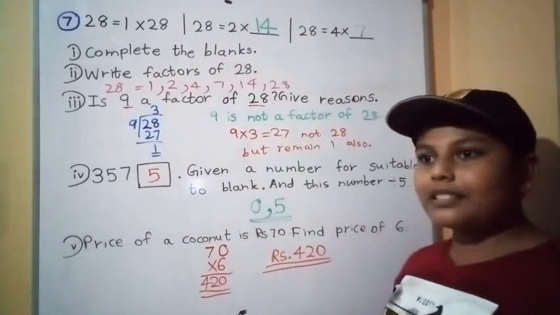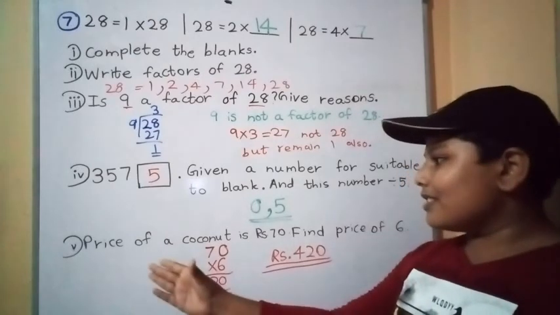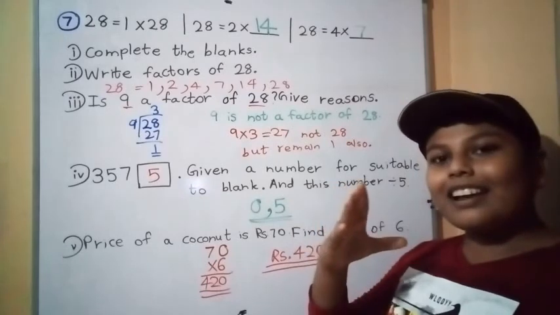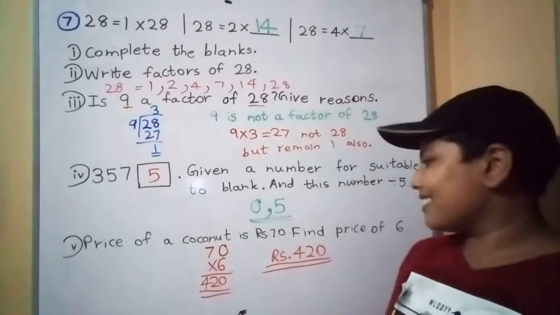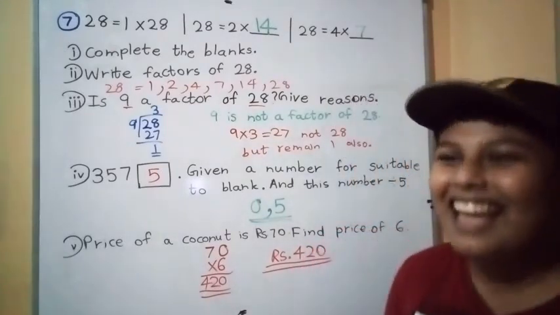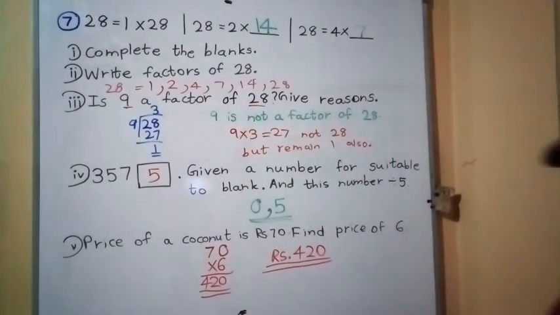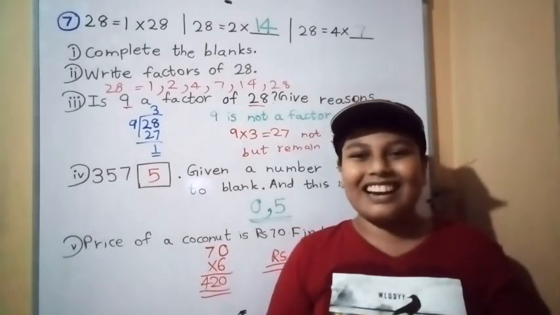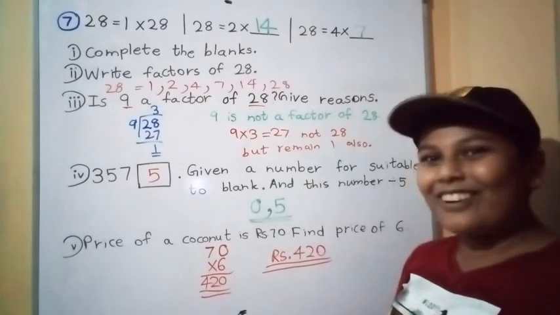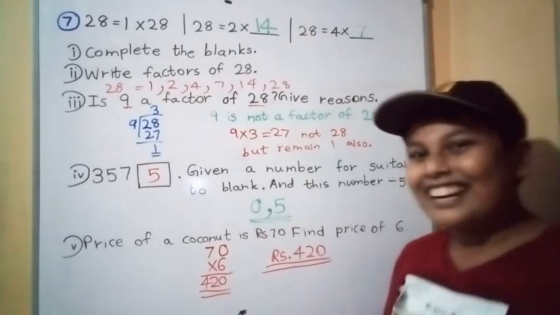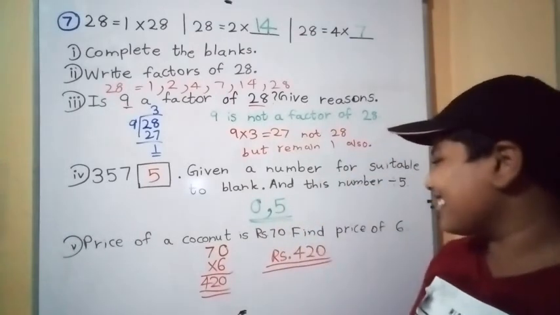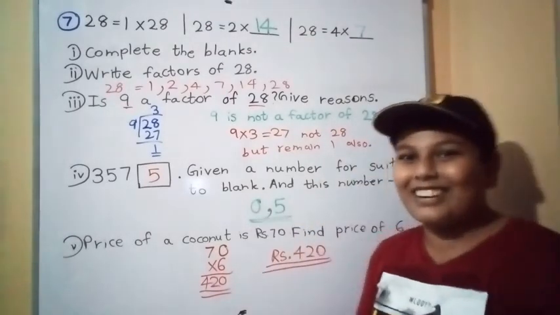Now the price of a coconut is 110 rupees. 70 rupees is the past, right? You know now the coconut price is 110. A very big price, right? Now a coconut in Sri Lanka is 110 rupees, not 70. That is the past, right? Now this is the question, not yours, right?